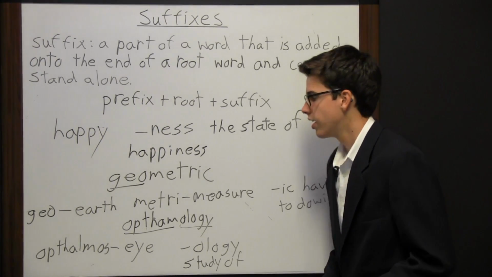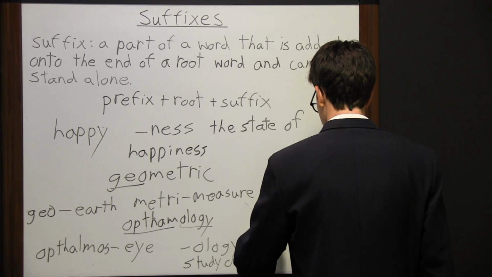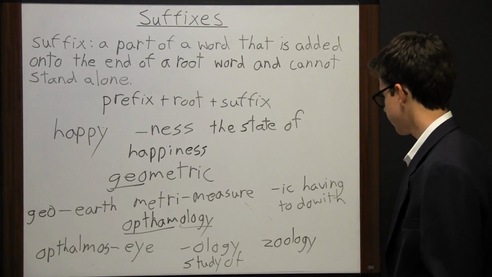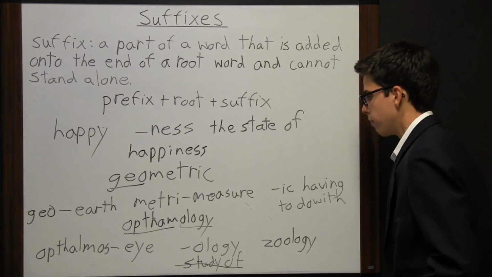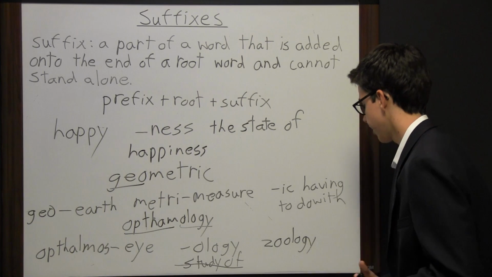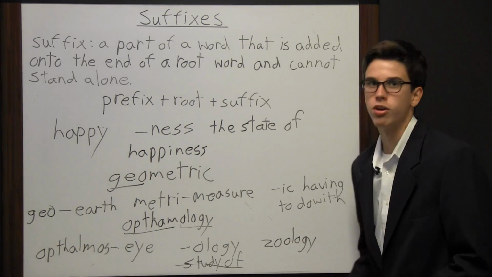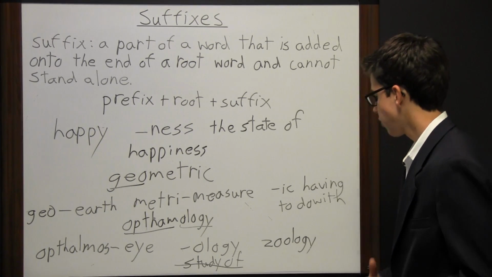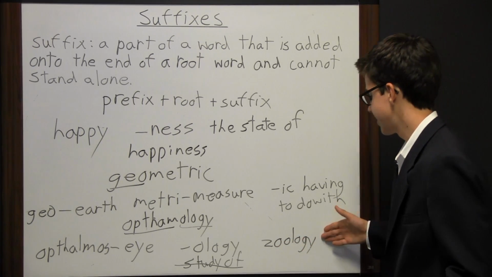Another thing you can do, say, for example, like I said earlier, say you saw the word zoology. And so you don't necessarily know what this means. Say you don't know that ology means the study of. But you have heard of the word geology, and you know that means the study of the earth or of rocks. And so you can look at this right here and think, okay, ology must mean the study of, and I've heard of the word zoo, that's a place with a lot of animals, so zoology must mean the study of animals. So think about words that are like this word, think about words that have the same suffix, and think about the definitions of that word,